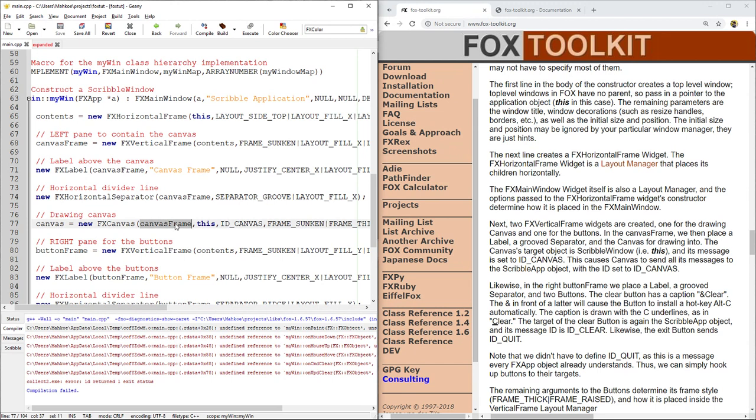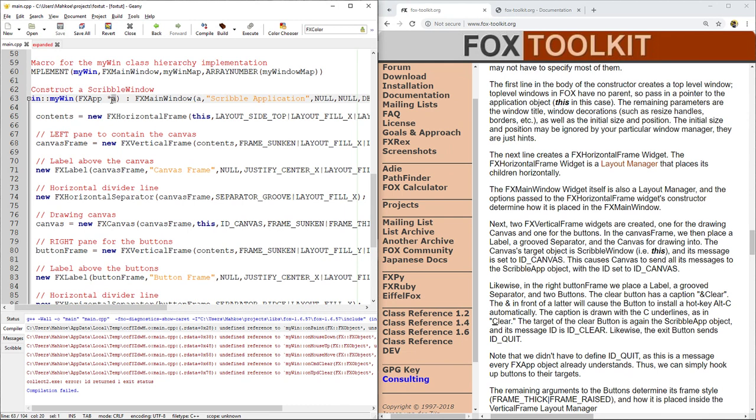Okay, so I guess the canvas is inside the canvas frame. I'm guessing that maybe the pointer is stored inside the canvas frame, and then when the canvas frame destructor is called, it takes care of calling canvas's destructor. I don't know. So canvas frame, and then the canvas frame's parent is contents. That makes sense. The contents parent is this. That makes sense. But what I don't understand is